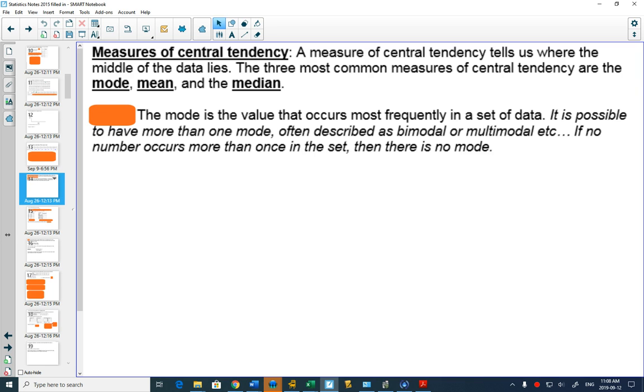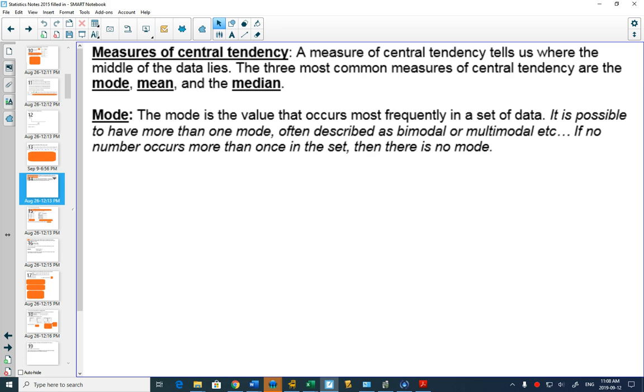Now, you may have looked at these topics way back in grade 9 when you did some statistics, but you might have forgotten them completely. They're not hard concepts. The first one that we're going to look at is the mode. The mode is the value that happens the most often. Okay? Sometimes that's a very important